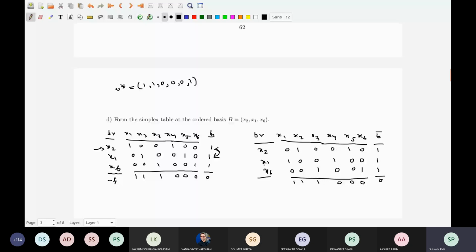Now I have to make these entries below the basic variables 0. And what am I supposed to do? Now I can do some elementary row operation to make these entries 0. So what do I do? I take one time row 1, one time row 2, and one time row 3, and subtract it from C transpose from this. Okay. So then what do I get? Now I will get